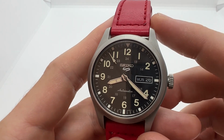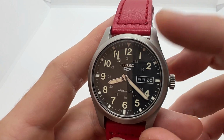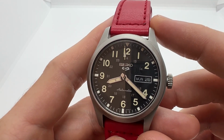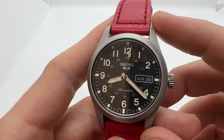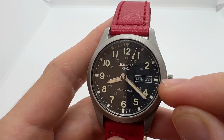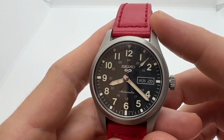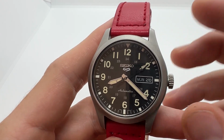Today I'm going to show you how to set the time and date on your Seiko 5 SRPG model. This is going to work for other Seiko models out there that feature the day-date complication and other watch brands as well. Now the first thing that you want to do before setting the actual time and date is to